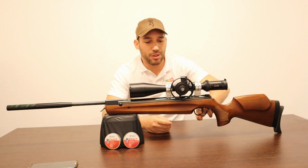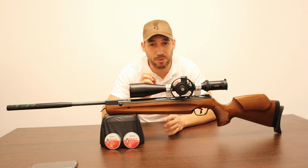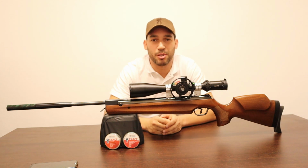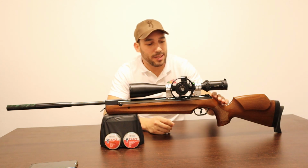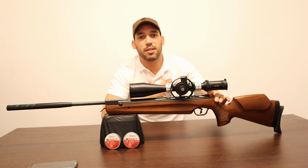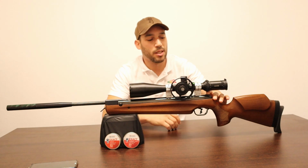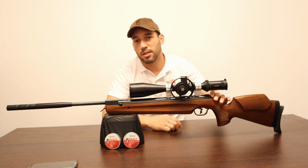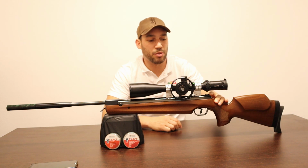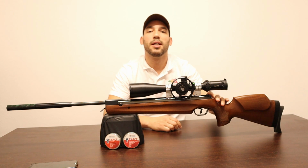Here, the Rowan Engineering trigger is perfect, it's really perfect. You have 3 screws to put exactly the trigger where you want. The safety, in my personal opinion, is in the perfect place. So when you cock the gun, it will automatically go to safe. When you want to shoot, you just push it forward and it will make a click like this,